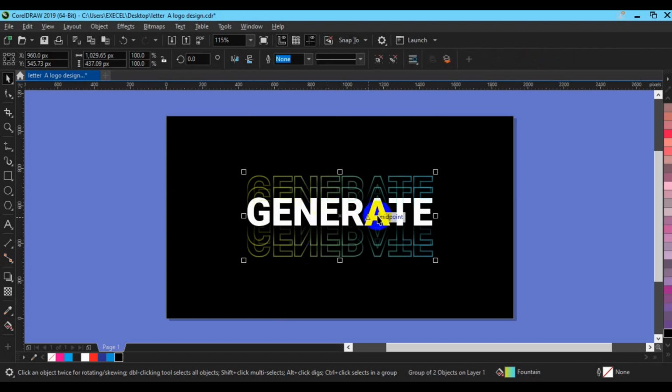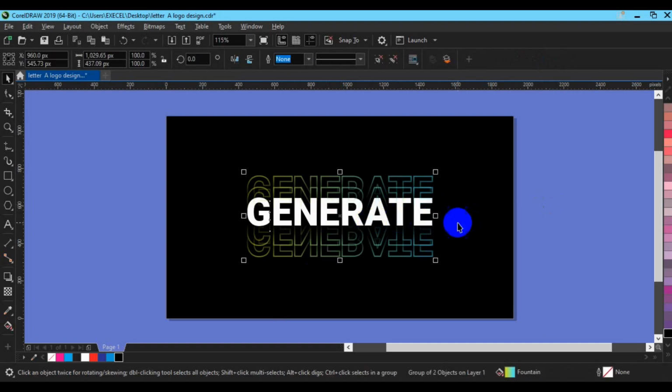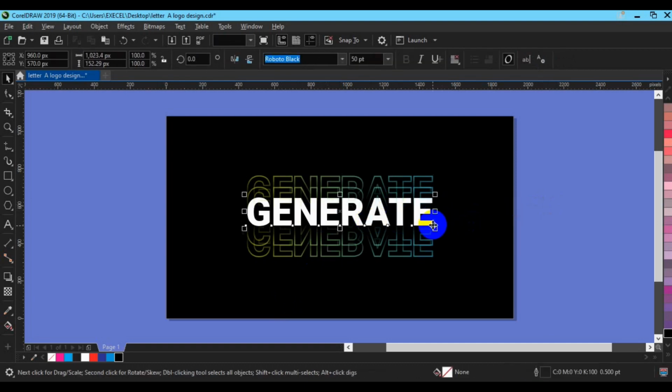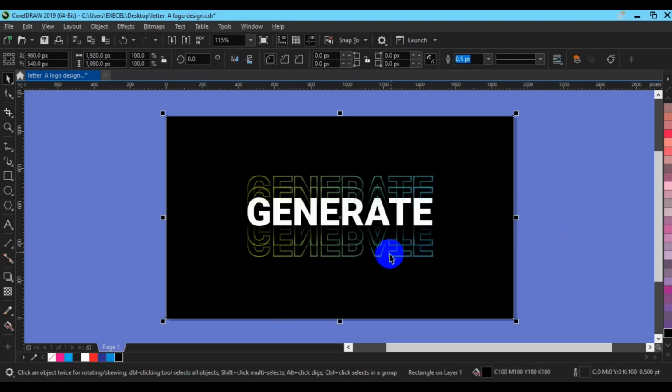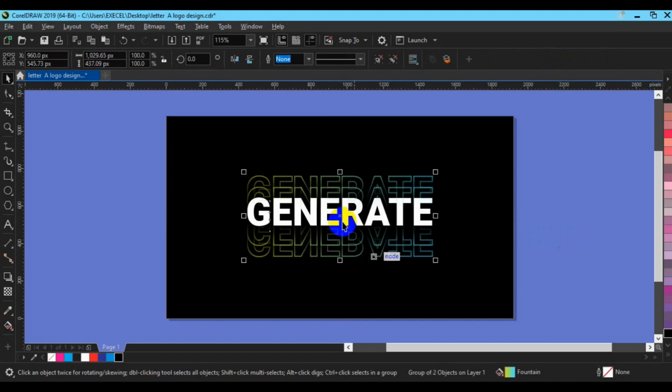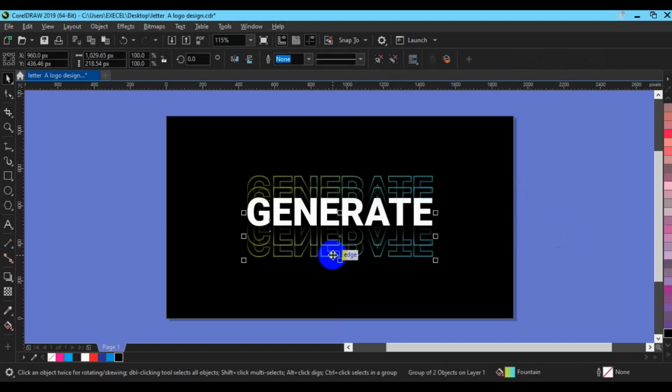group them together. Then the next thing you have to do is to select this particular one right here, this text right here, the white text color, Shift key and press the duplicate one, then press C to centralize. Then you have to select the duplicate text, the effect text, then make sure you ungroup them. Okay, next thing you have to do is to work on the